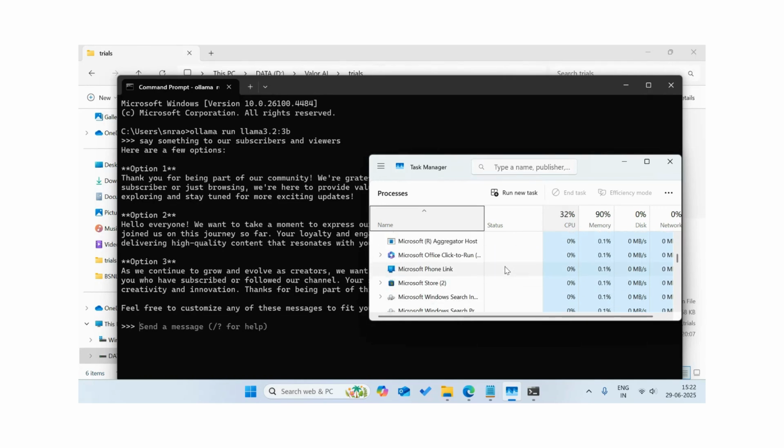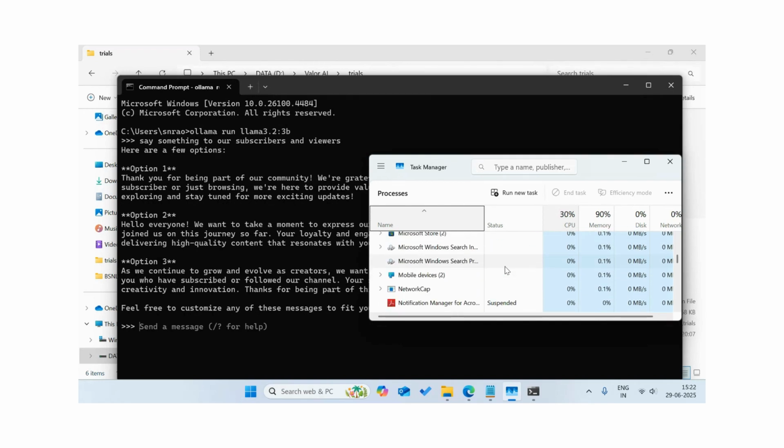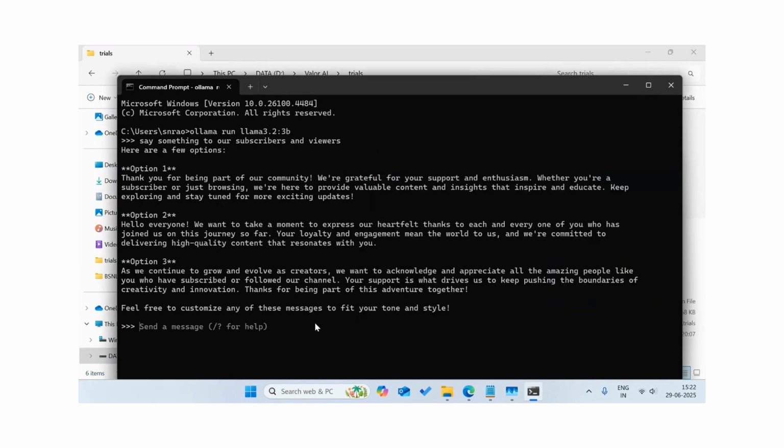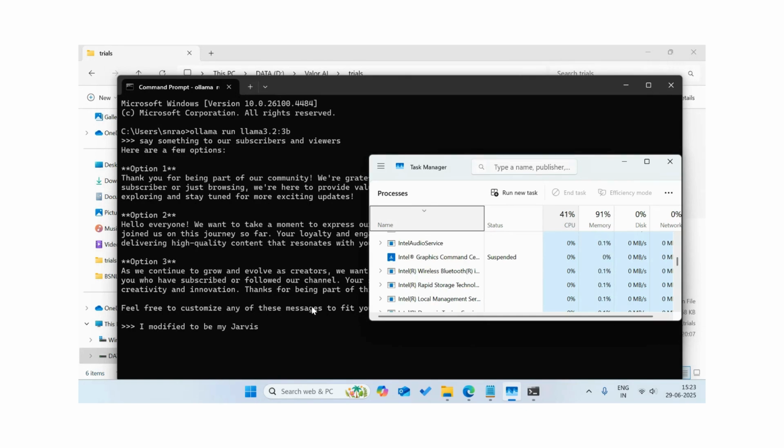Let me just show you where Ollama went. Oh, it's ended. Just a second, guys. Yeah, here it is. So I'll type something maybe. Oh my god, look what it's given. Thank you. So I created you. That would be wrong. Ollama created you, but still, I modified you to be my Jarvis. So let's see. As soon as I enter this,